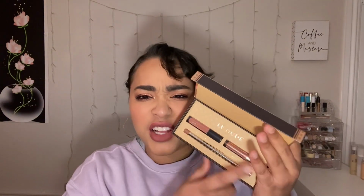But then I saw the Jouer lip kit, and I just needed it. Although it's kind of different products, I got a gloss, a lip liner, and then a lip cream, which is not necessarily a liquid lipstick because they don't dry down as much. I feel like since they're different products, it's kind of fine, but